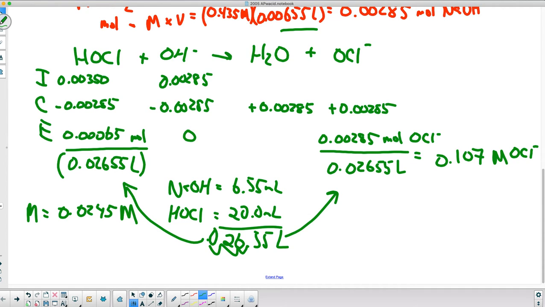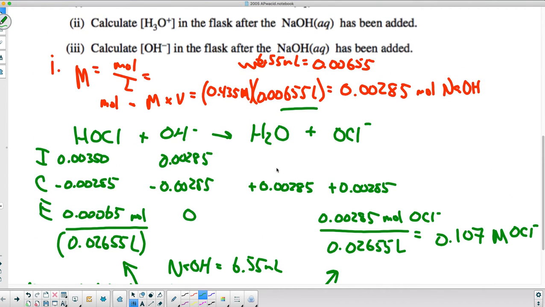This is a lot of work, and we're not done because the question asks, let's go back up to where the question says, what does the question ask? So the question asks, calculate the OH in the flask after the NaOH has been added. We'll get to that once we calculate this in the flask after the NaOH has been added. So after the NaOH has been added, the OH has been neutralized, but the answer to this question for III,